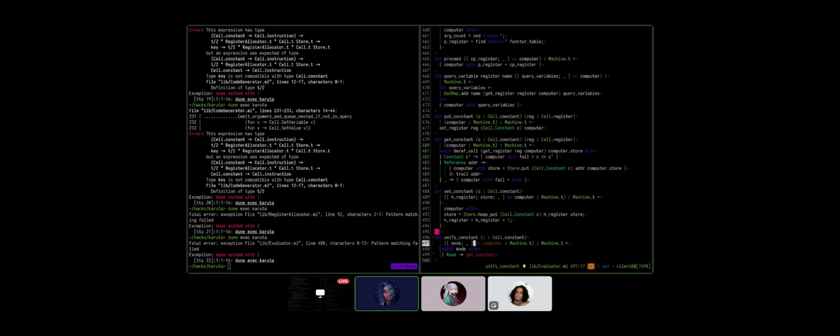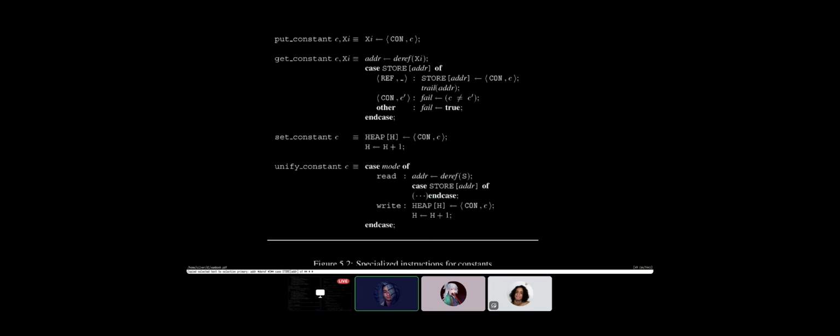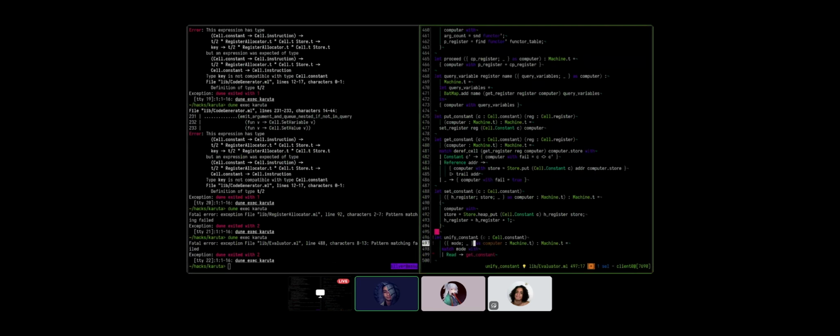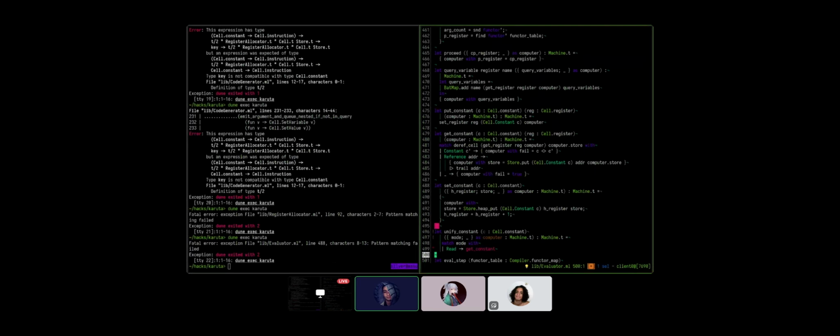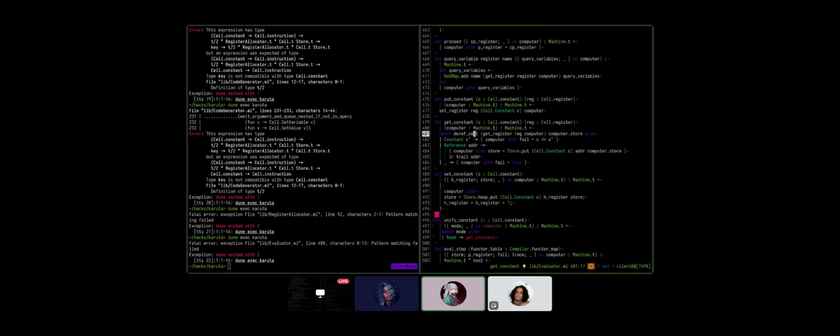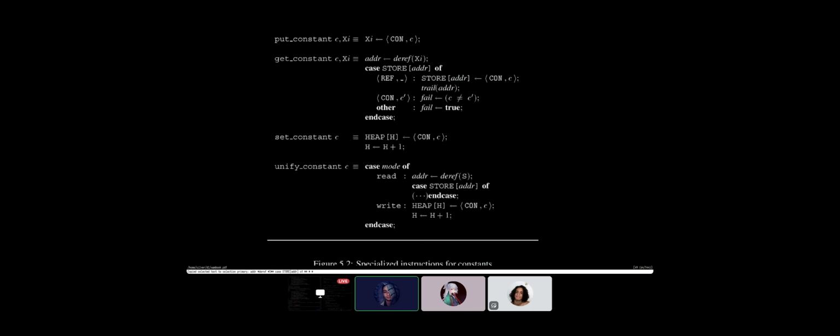Man, that's so cool. Why didn't he implement it like that? We need the S register. That means you're going to have to create a real register out of the S register. This deref cell can't be here, unfortunately. Or rather, we just don't use it. Well, like I said, we can lie to it and upgrade the S register to be a real register, and then deref cell can do its thing.